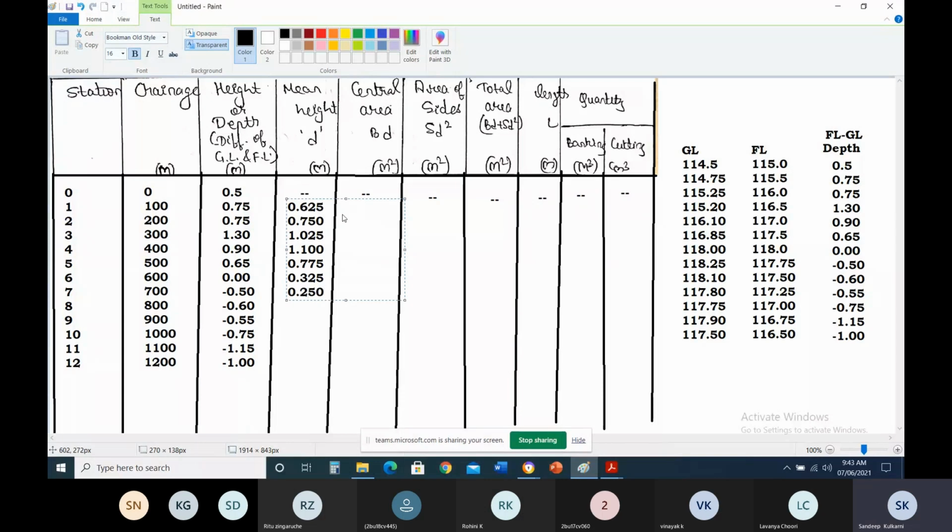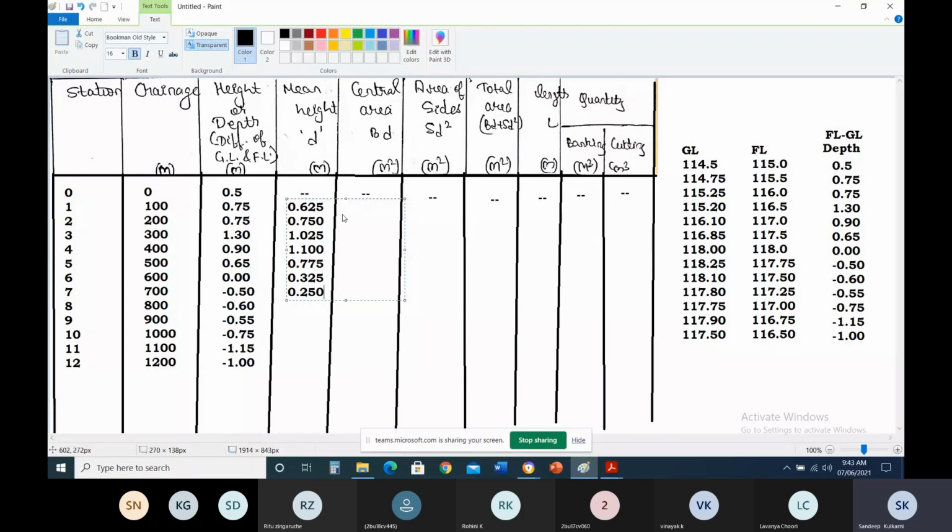Now here you should not consider any minus signs on the values. So if you want a mean depth, both the depths you add and divide by 2. Okay, don't consider the minus on the values. So why do we have to take this minus value? Only to understand up to what portion is cutting and what portion is filling. Okay, because quantity we need separately. For that reason I took plus and minus.